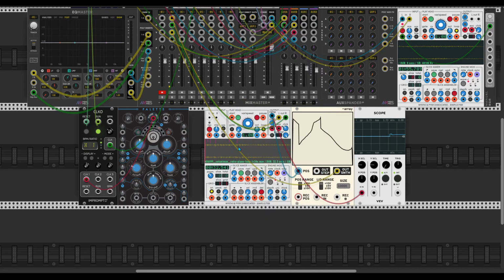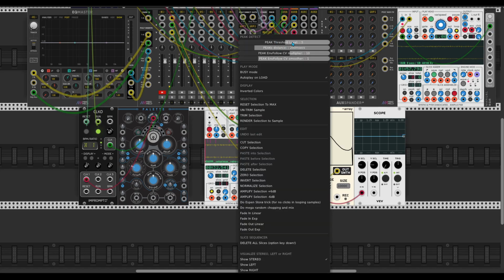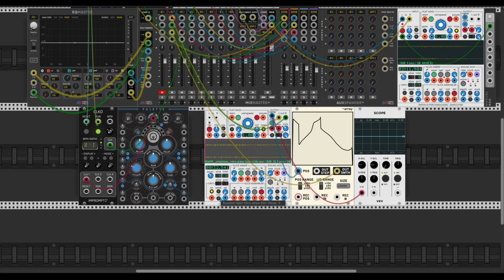There's a right-click menu just on the waveform, and set the peak threshold to get a nice picture of transients like that, and